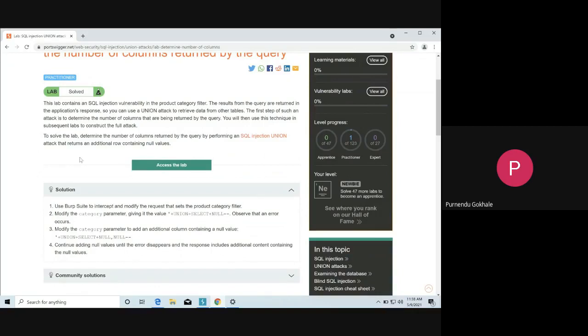So you can use a union attack, which we have seen, to retrieve the data. The first step is to determine the number of columns present in the database, and for that we will be sending null values. Start the lab, Pranav, please.